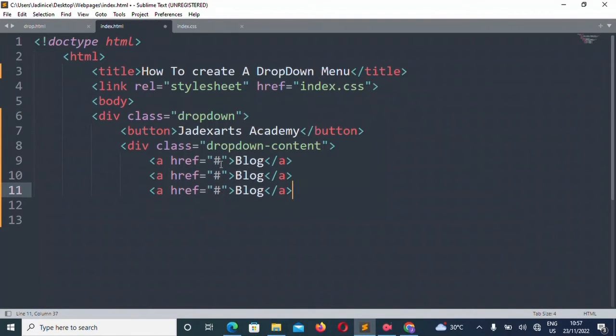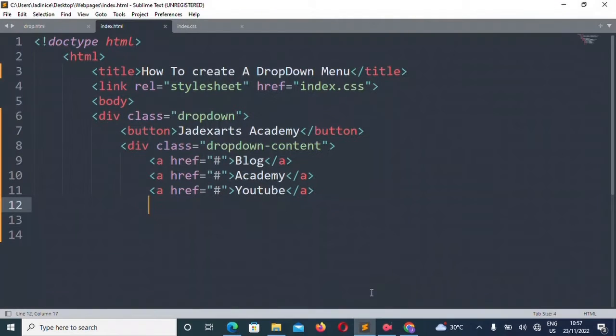Since we do not have a link, we use the hash to cover that up so it doesn't look blank. The next will be the academy, after which will be YouTube. Now let's see how this link looks like. There, blog, academy, and the YouTube. Then we close our divs.